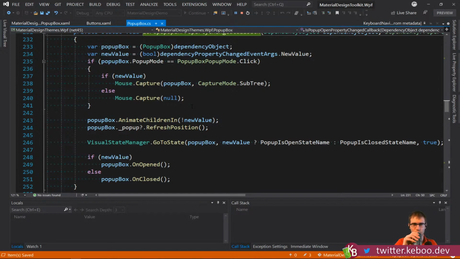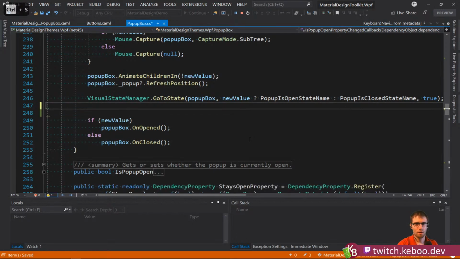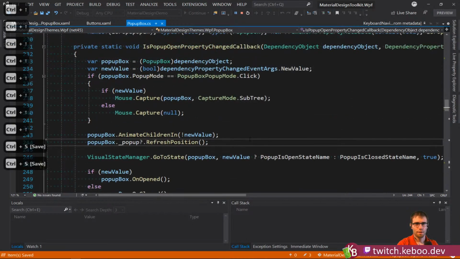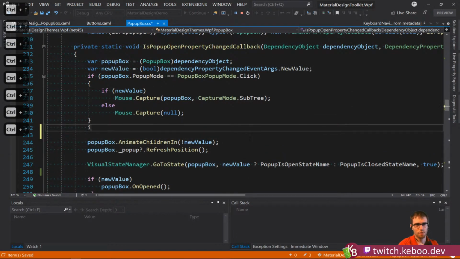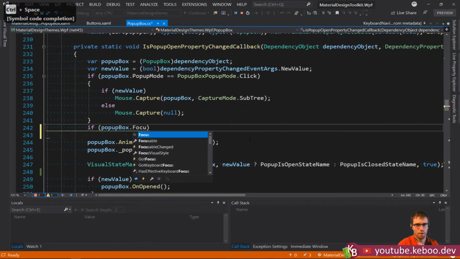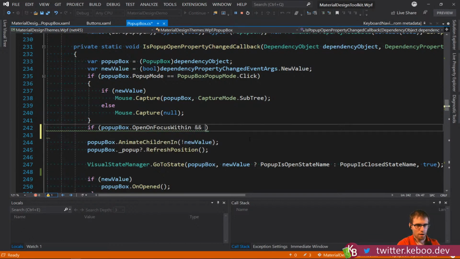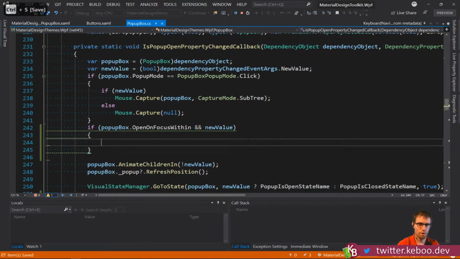So if it's set to click, so I think what we're going to do is this. So if pop-up box, what is it? Focus, open on focus within, and new value, right? So if we're opening it and focus is within,